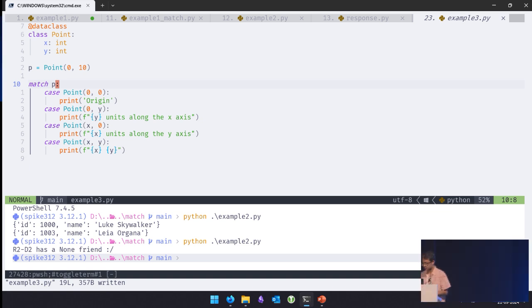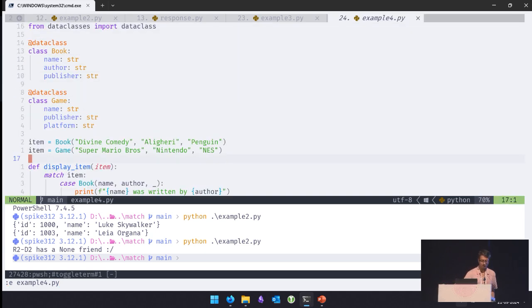Another cool use case is this: here I have two separate classes altogether. So imagine I have an e-commerce store. I'm selling both games and books on that store. Games have some separate fields, books have some separate fields. But here I have a shopping cart.